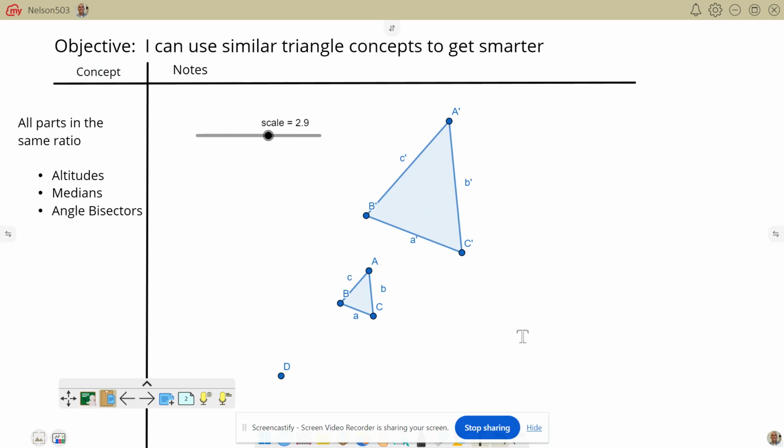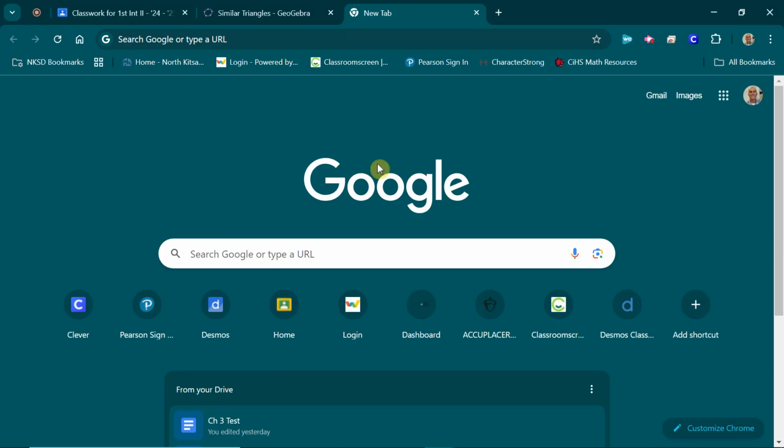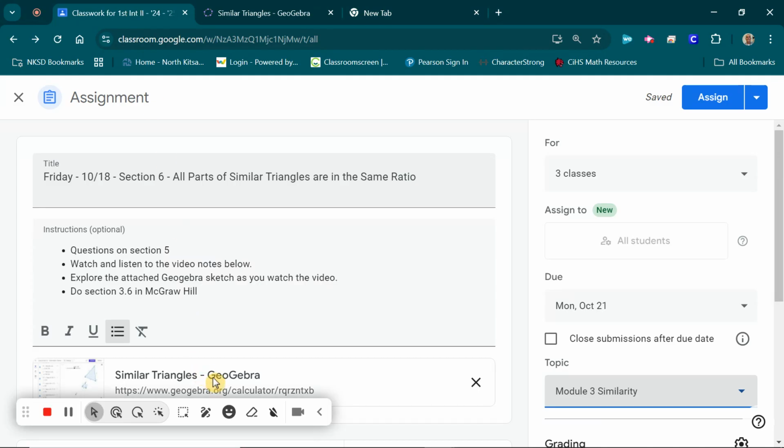All right, folks, I'd like you to set up your notes looking like that right there. So put the video on pause, copy down what you need, and then what I want you to consider is going over to Google Classroom, opening up the attached little GeoGebra sketch I've got going on, and then follow along